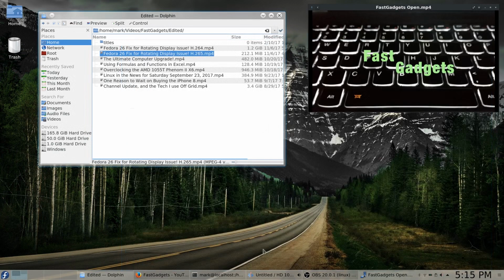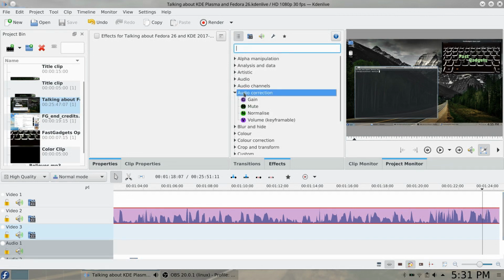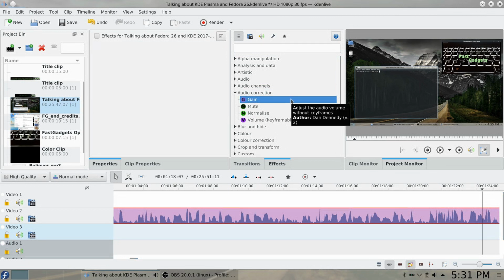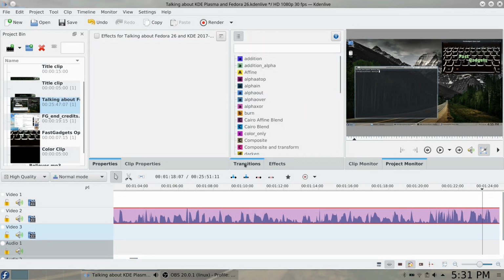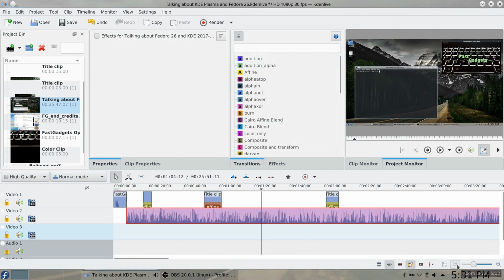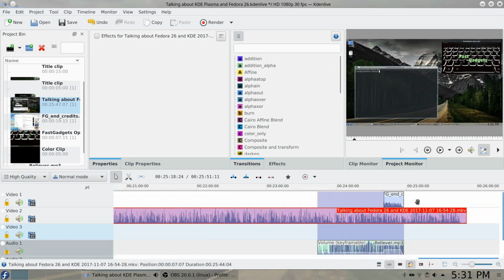Now, I've got to experiment more with Kdenlive. You can use proxy clips, and I tried that one time, but when I did, I got some really strange behavior, and I'm going to have to look into that and see what the deal is. But overall, it didn't work for me, but I'm hoping it can work, because if I can get proxy clips working, I could edit in 4K right here and then render it out in H.265 and start uploading